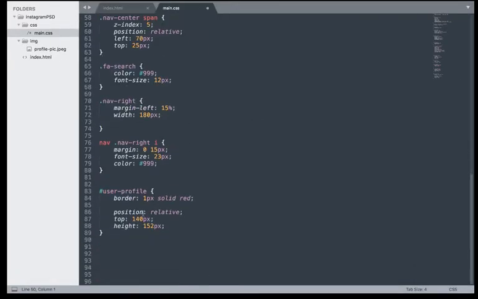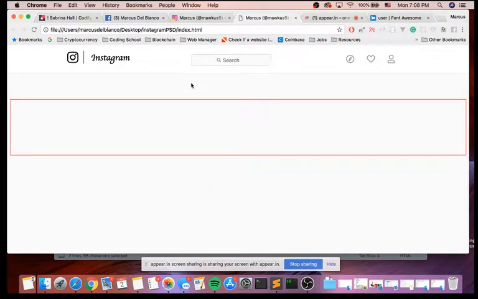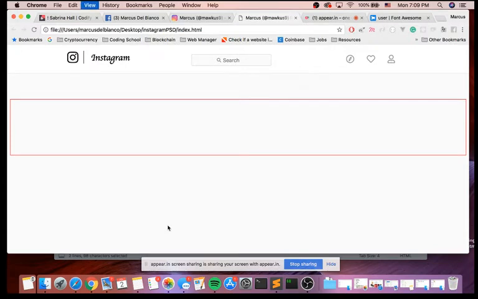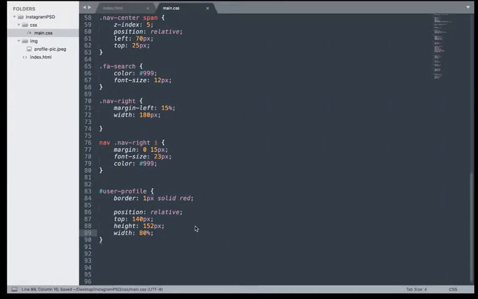We are going to end up giving this image a border. We don't really need to, but if you go to Instagram's website and you zoom in, there's a tiny border right there, and so I figured, why not? Let's just give it a border. We'll stick to the Instagram site as best as we can. So we'll give it a border of, no, we don't want border radius, we want border of, let's say 1 pixel solid,